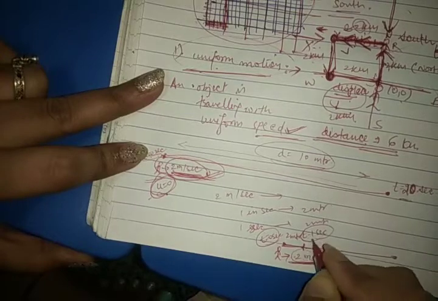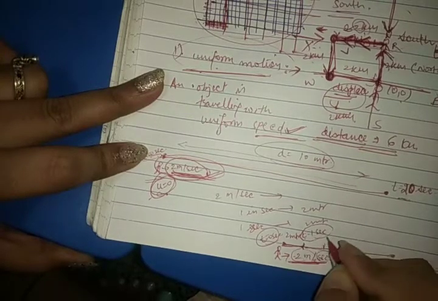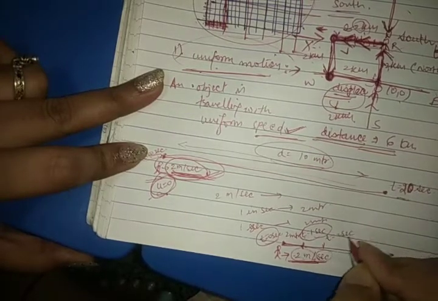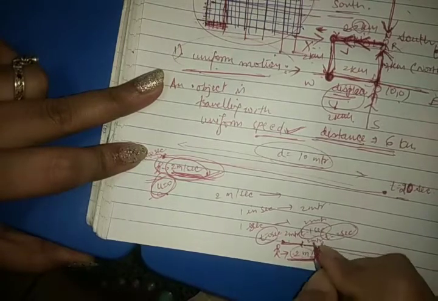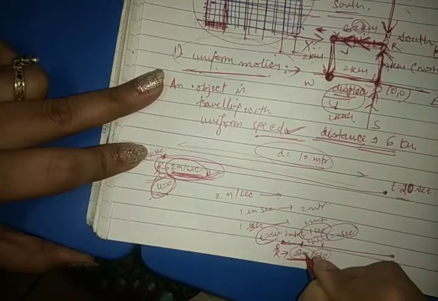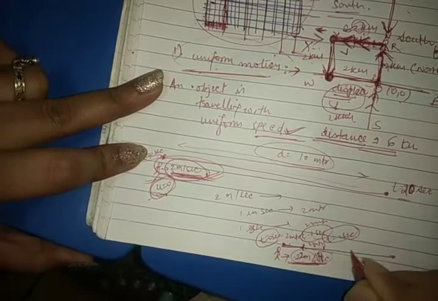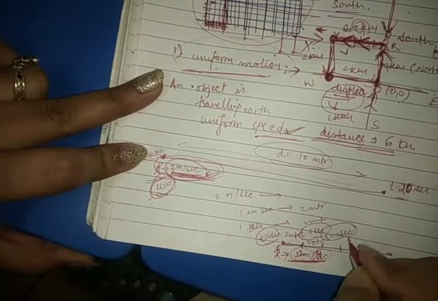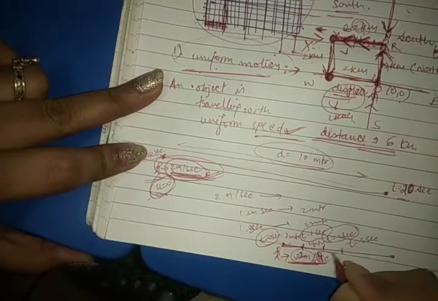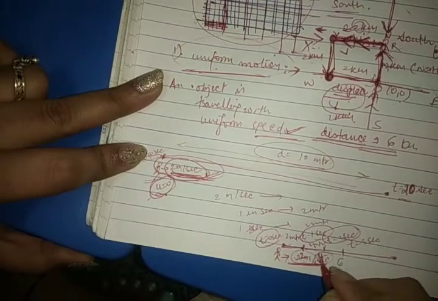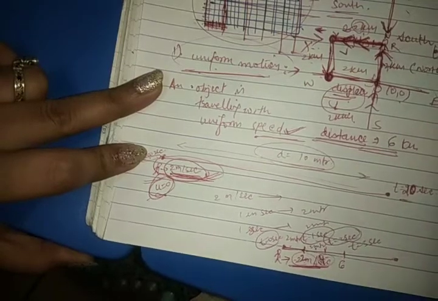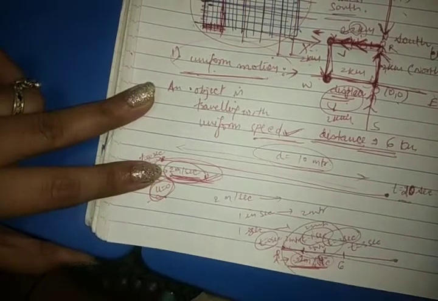Now for another 1 second, from t equal to 1 to t equal to 2 second, you also travel 2 meter here. So this is 2 plus 2, 4 meter. So this is 2 meter, this is 4 meter, and the time is 2 second here. Now the time will be 3 second, and for 1 second you also travel 2 meter. Then this is 4 plus 2, 6 meter. Let me show you this clearly.